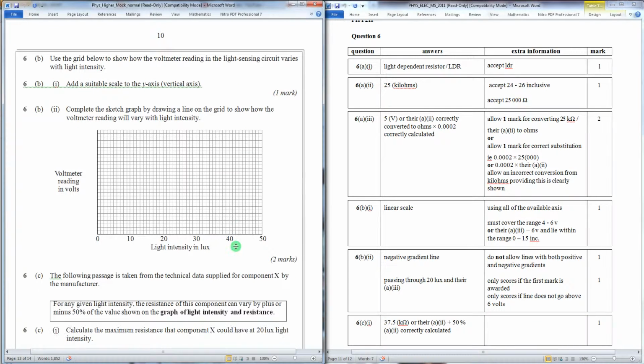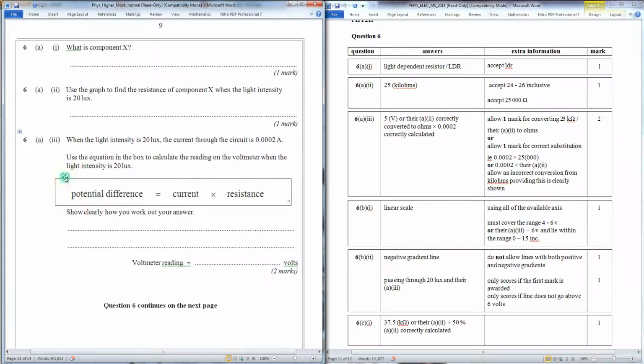Now, the second half of this question was generally much trickier, and you've got to be really careful. It says, first of all, use the grid below to show how the voltmeter reading in the light sensing circuit varies with the light intensity. Add a suitable scale to the y-axis. Now, you had to have in your scale, it had to cover the correct range. Okay? It says using all of the available axes, so you need to make sure you've got all of it labelled. It must cover the range 4 to 6 volts, or your answer to A part 3, so whatever your voltmeter reading was here,